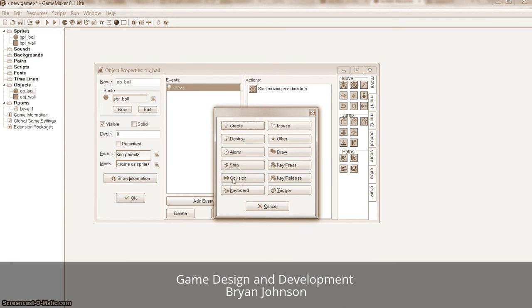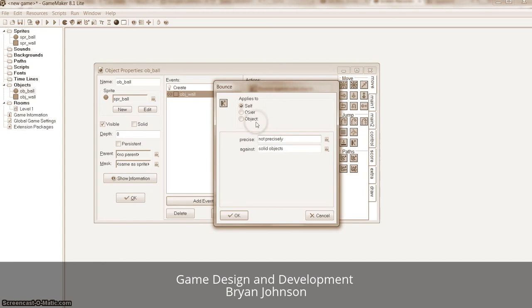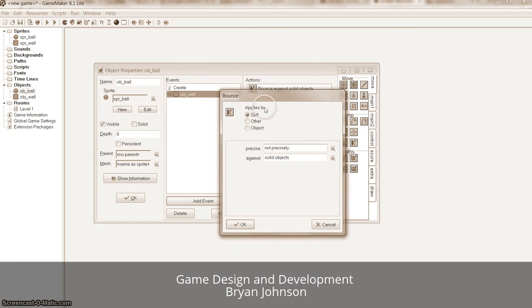So if I click on the collision event, well, what's it going to collide with? Well, I only have two objects. So if it collides with the wall, I want it to do something. I want some action to follow that. And what I want it to do is I want it to bounce. So I'm going to pull it over here, and what this tells me is that the ball, which is, think of it as the self, will bounce